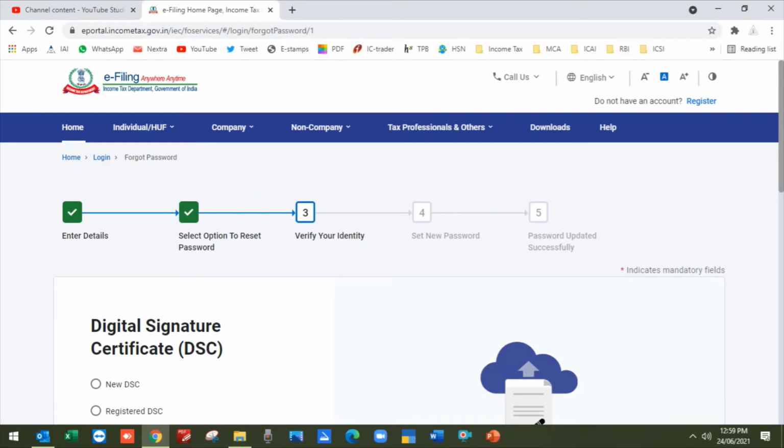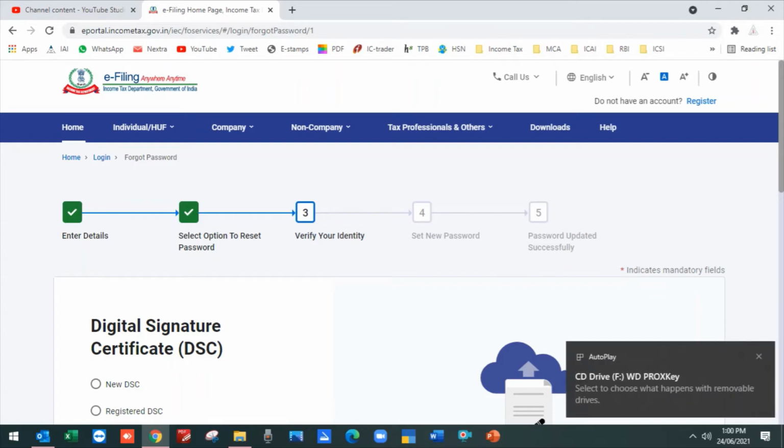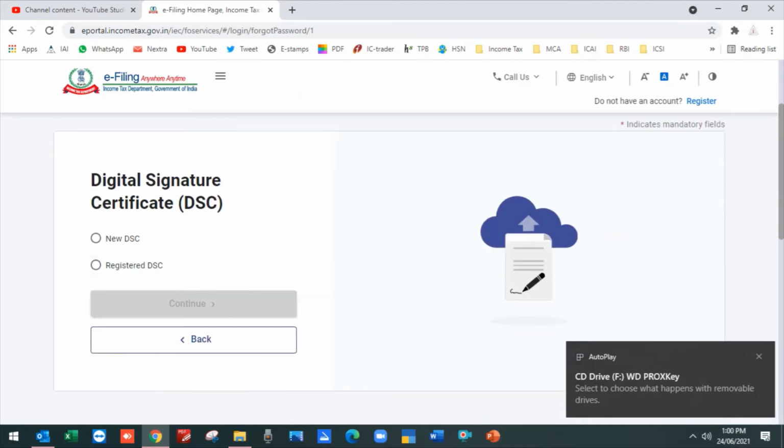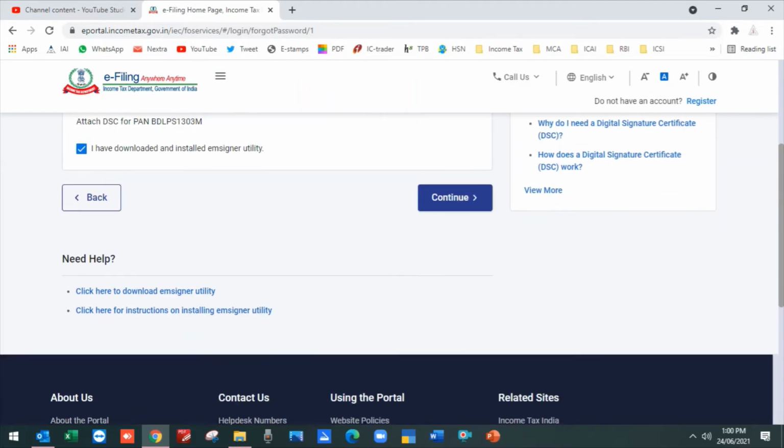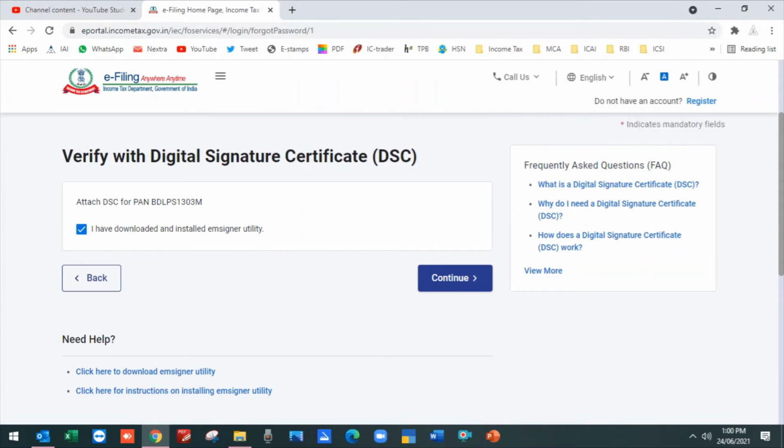If you already have your DSC registered on the income tax portal, you will use the existing DSC, either class 2 or class 3. If you are a new user and using your DSC for the first time, you have to select the DSC option, continue, select.